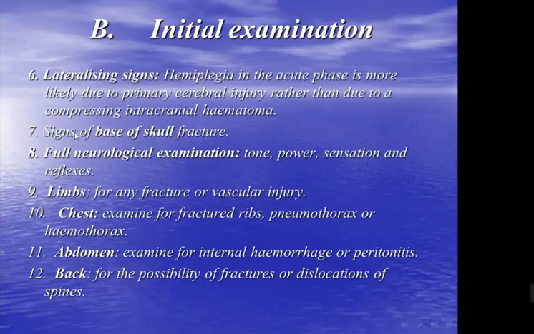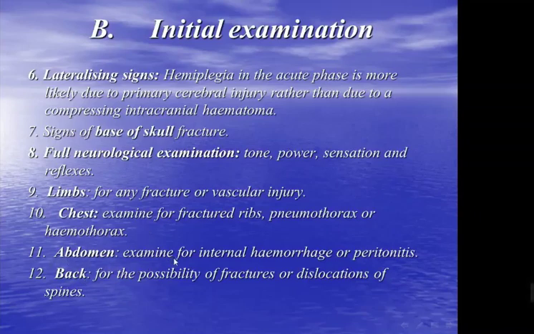Also, examine for signs of skull base fractures, and you know this very well, like raccoon eye or Battle sign, etc. Neurological examination for limbs: tone, power, sensation, and reflexes. Examine the limbs for any fracture or vascular injury, because this may be the cause of disturbed level of consciousness due to, for example, shock, for example, fracture femur. Examine the chest for fractured ribs, pneumothorax, or hemothorax, because these will also result in a shock state,